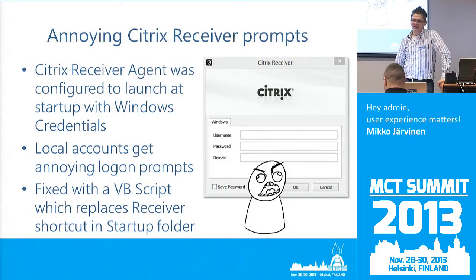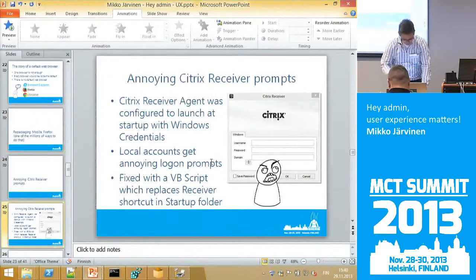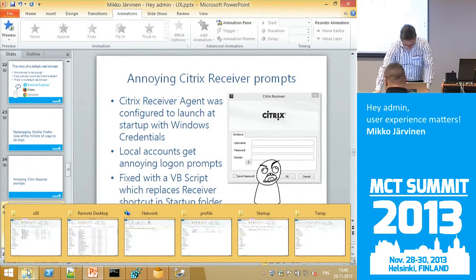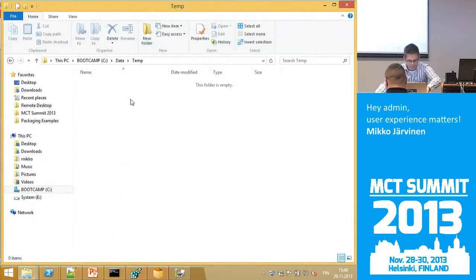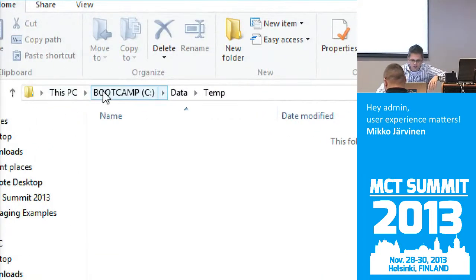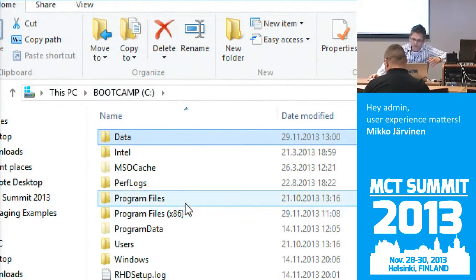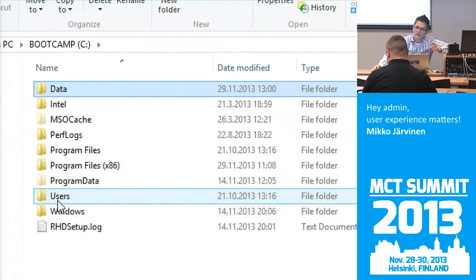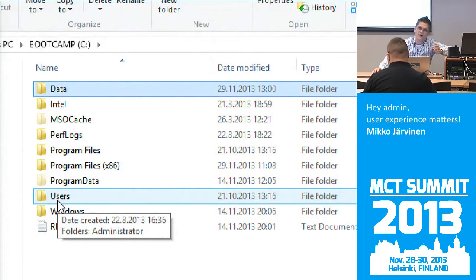That was something when we got feedback which was a bit like this. And then we decided that, okay, we really have to do something for this. And the solution was to create a script, again, and replace the Citrix receiver startup shortcut with that script.